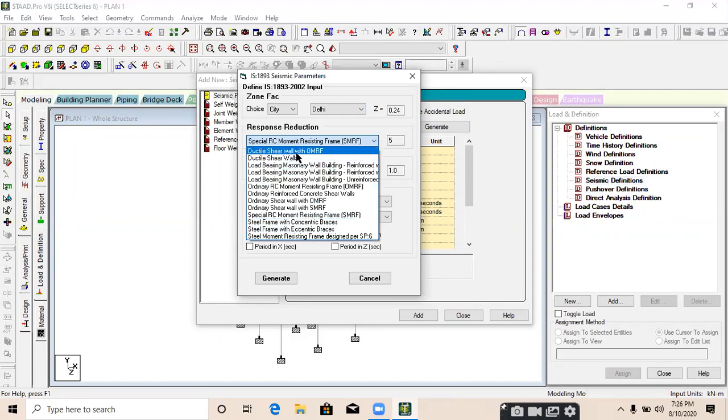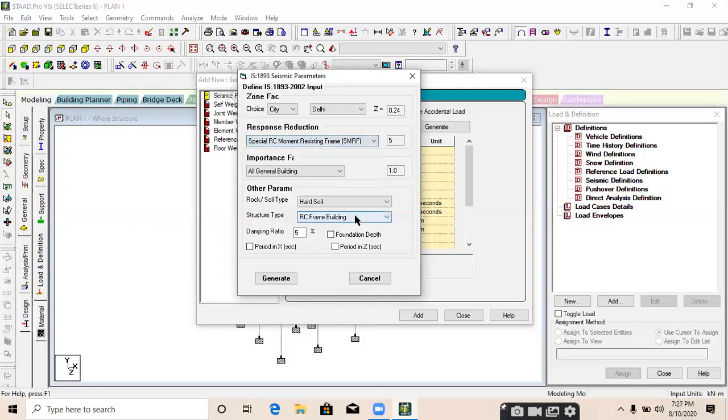For ductile shear wall, we need to select the ductile shear walls, and the bearing masonry wall, all other things. If the structure is ordinary, a small structure, the life of structure is very less, then we will select ordinary. If the structure is a special type of structure, the life of structure you want more, then you need to select SMRF. I'm just selecting SMRF.